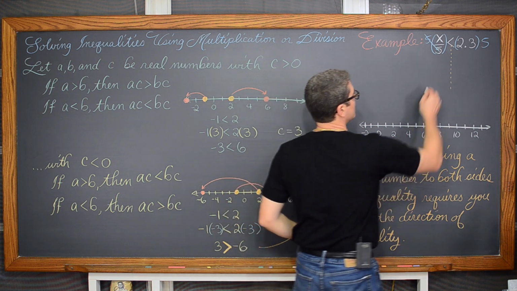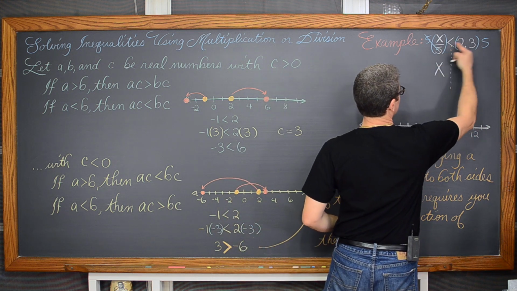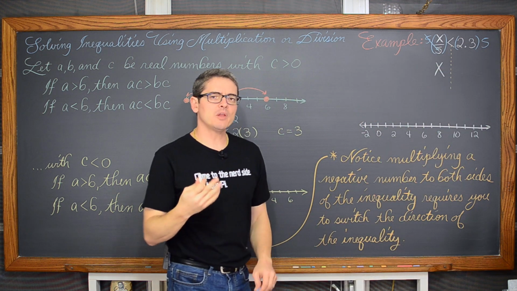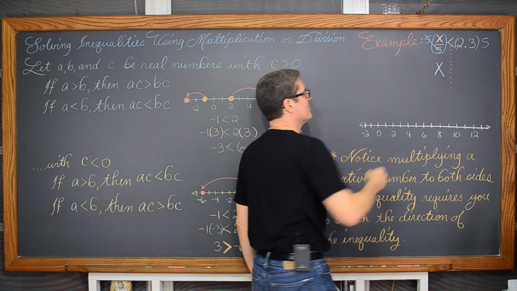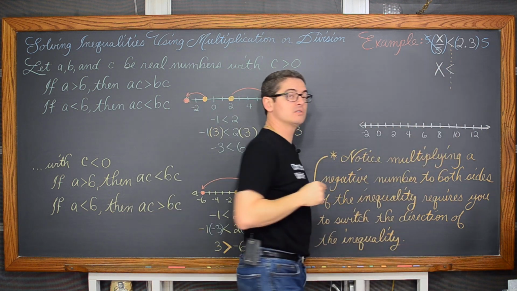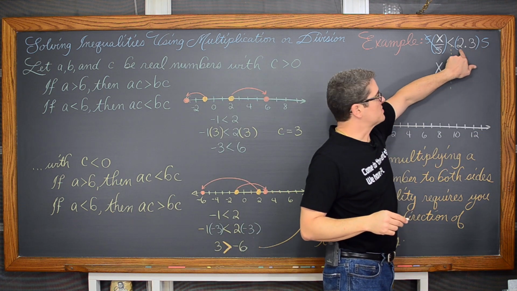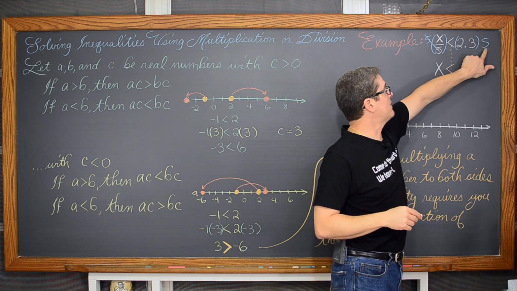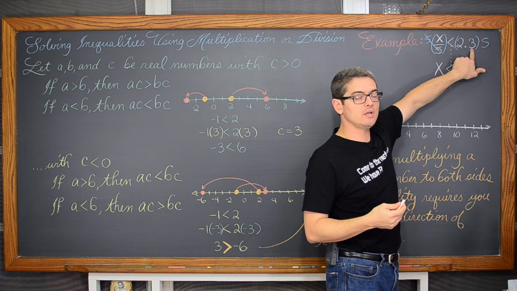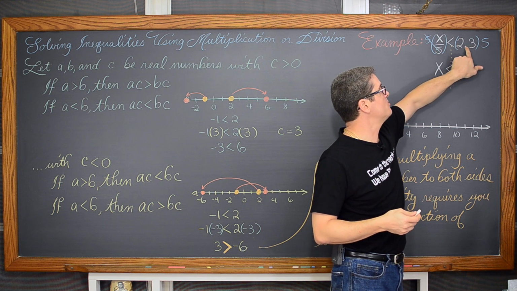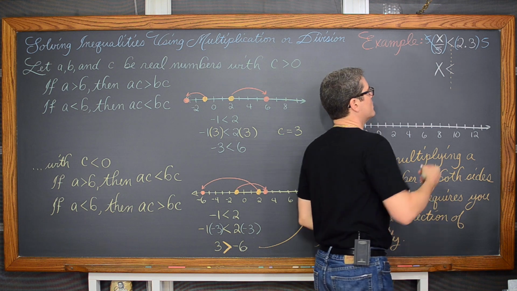So we have 1x. We are multiplying both sides of the inequality by a positive number, so no need to change the direction of that inequality. We have 5 times 2 is going to be 10, and 5 times 0.3 is going to be 1.5, so 2.3 times 5 is going to be 11.5,